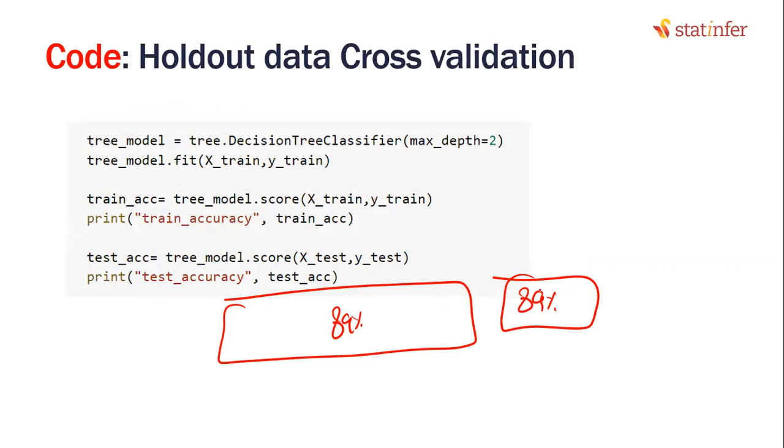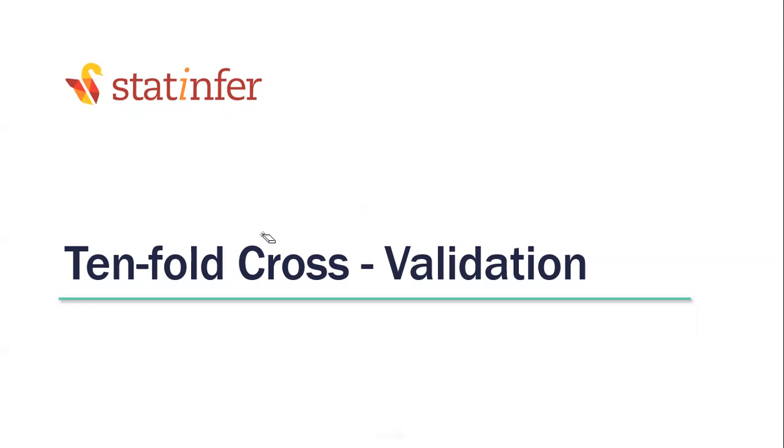Sometimes some people may argue that maybe it will work only on this train and this test. Maybe it is overfitted on both the data sets. That's why you're getting 89, 89. What is the guarantee that it will work everywhere? If these questions are raised, what we can do is tenfold cross validation.